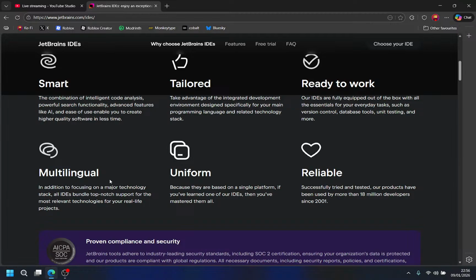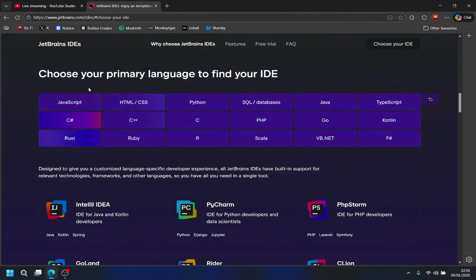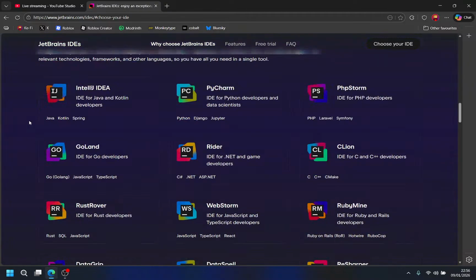That's great though. They make great things. Choose your IDE. Oh my, they have to find your IDE. My primary language? Well, guess what? None of them. They have lots of things. Wait, what are those?